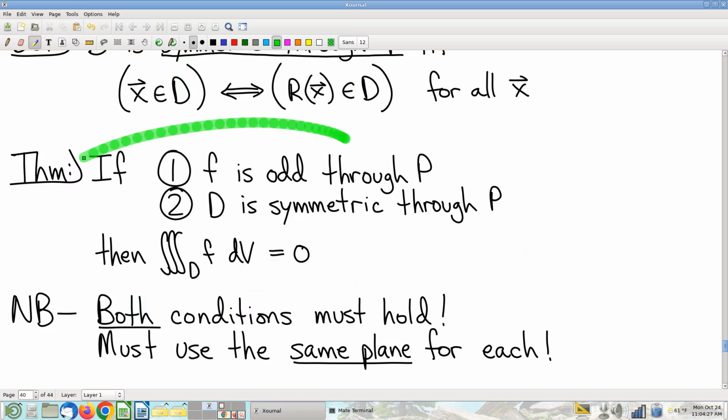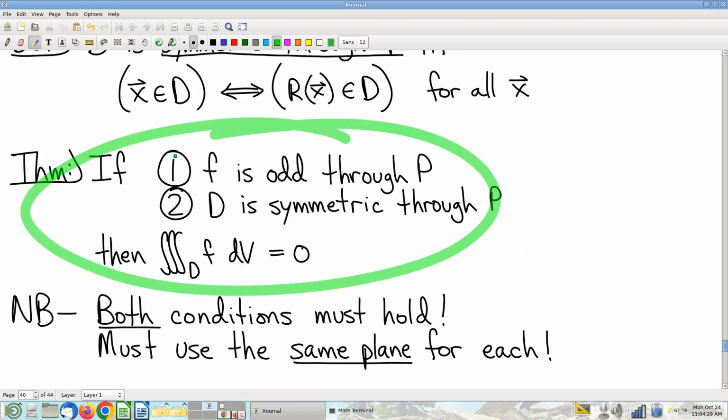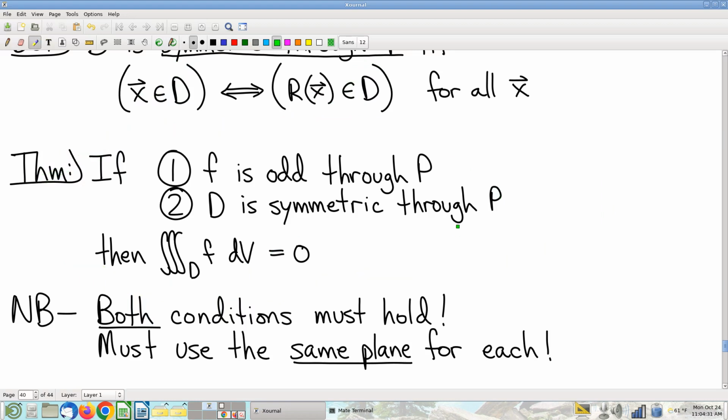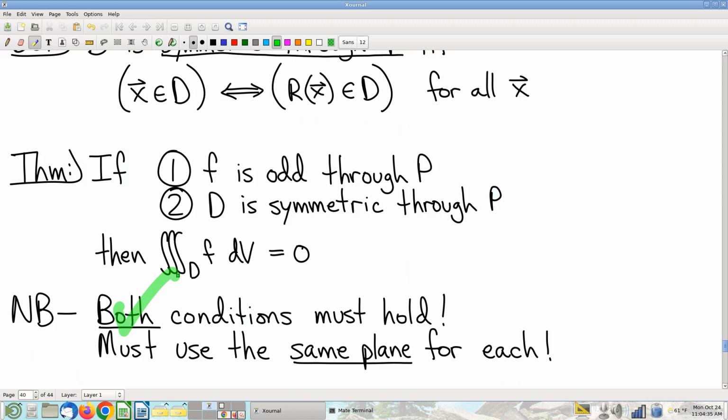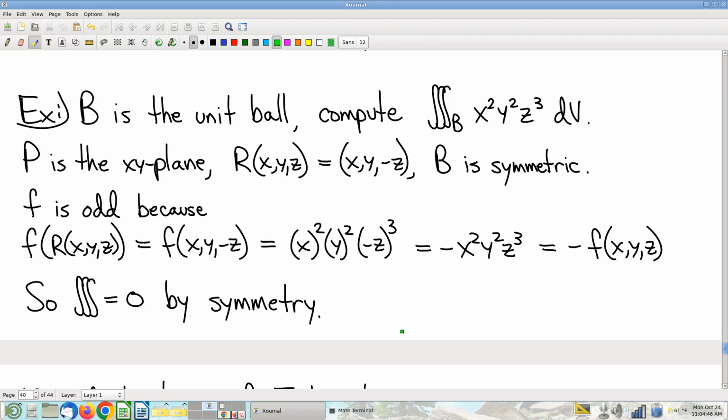I deliberately wrote this down in exactly the same way as the two-dimensional theorem. And I deliberately wrote the warning down here exactly the same. It's got to be both conditions. It's got to be using both the same plane. Same 5 requirements, by the way, on an argument. What do you have to give me to have that be a complete argument? And as an example,